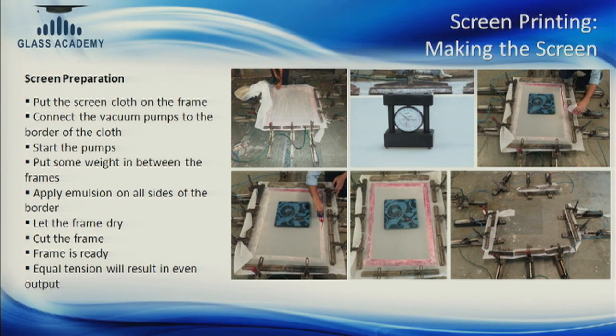So even and equal tension is the key for this process, and having a wide aluminum frame will always help. If you've got a rod or a pipe kind of a frame, it will bend. So don't save money on the frame, because that will affect the screen printing. I have seen a lot of wooden frames, a lot of frames which use pipes. These will essentially flex in the middle and you will get an uneven print. The lines will not go straight. So if you want the lines to go straight, use a thick aluminum frame and paste the screen on it, so you get an equal tension and equal pressure on all sides.